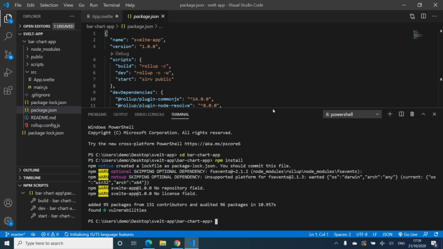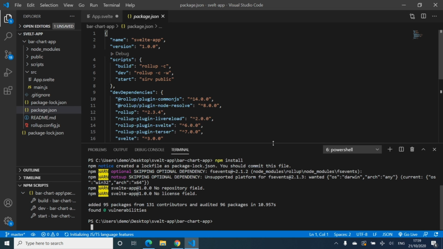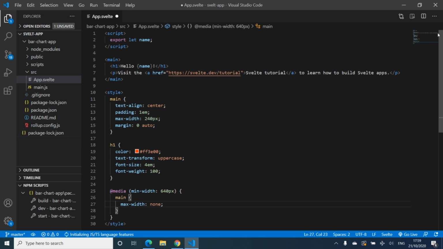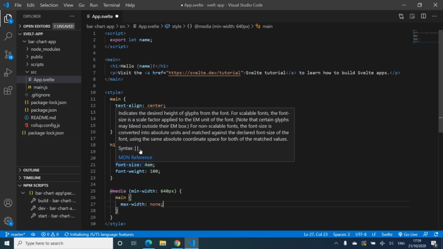Okay, so it's finished. So now you can see that we have a node_modules folder there. So we're up and running. So I'm just going to close that. Okay, now we can test this out now. To test it out, we can